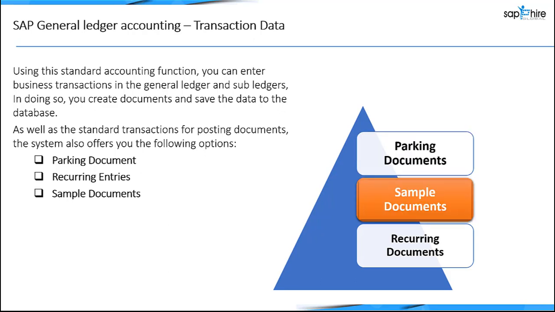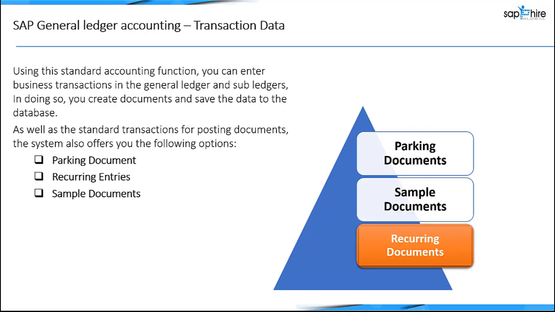We come to sample documents now. Sample documents are reference documents entered specifically for this purpose. Sample documents have a separate number range. When you enter and post a sample document, the system stores the document but does not update any transaction figures. They serve merely as data sources for an accounting document. Their advantage is that you can change or enhance them. You therefore use a sample document rather than an accounting document if you need a reference document for which you want to define the layout yourself.